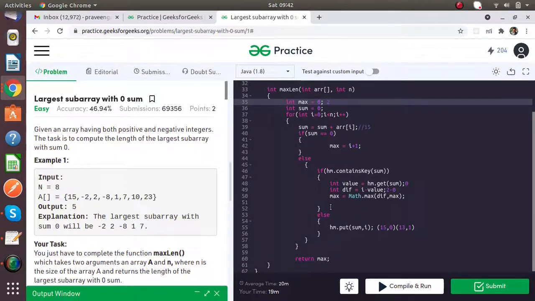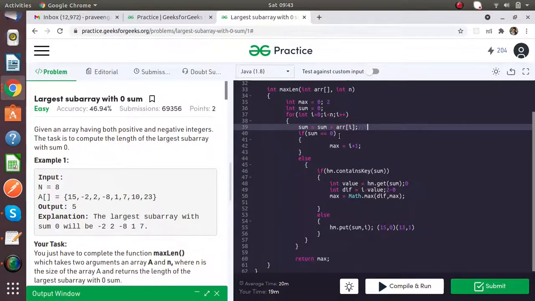Okay. We come out and again do the iteration of the loop. 15 plus minus 8, so 15 minus 8 is 7. Okay, so we have 7.